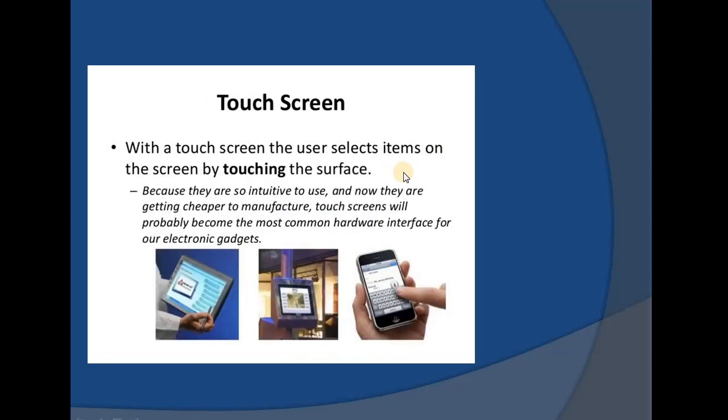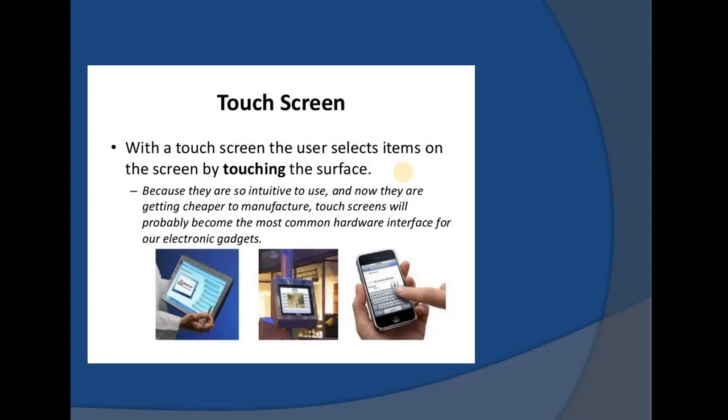The most widely used input device is the touchscreen. Because of its simplicity and ease of use, most people are using touchscreens these days. A touchscreen allows users to select from menus, type, and quickly move from one screen to another. Most of you are using smartphones, and it is all touchscreen technology.